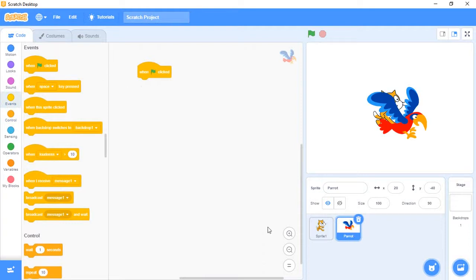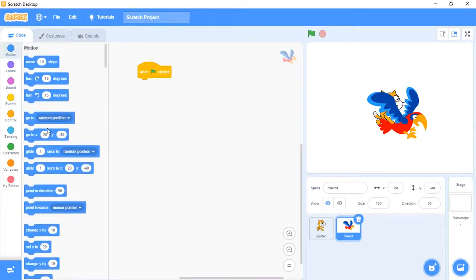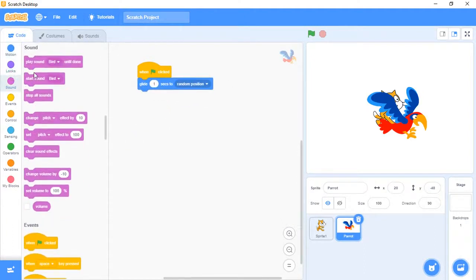Okay, fly around. Glide, not this one. Make use of the random position, which means it should fly around.